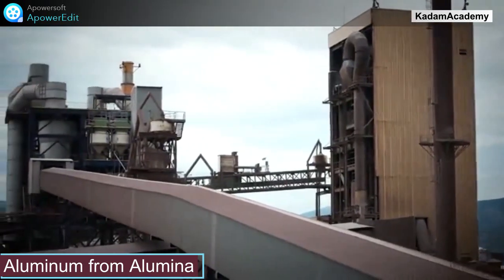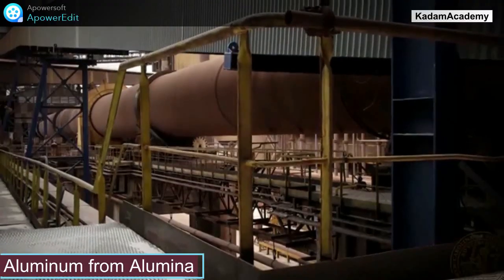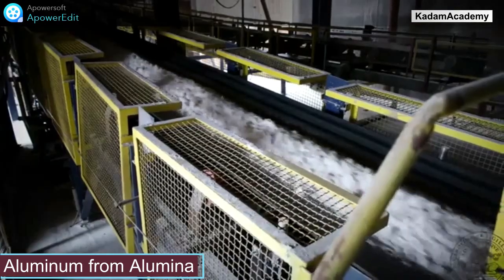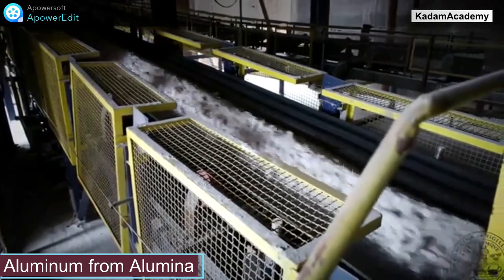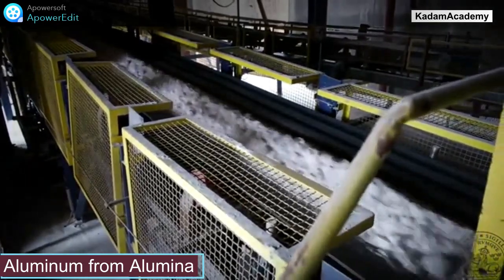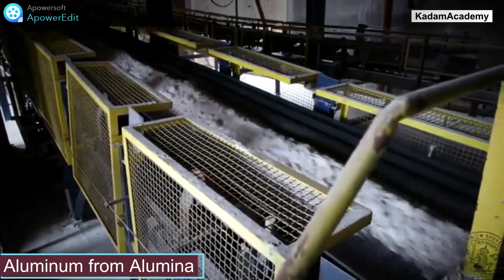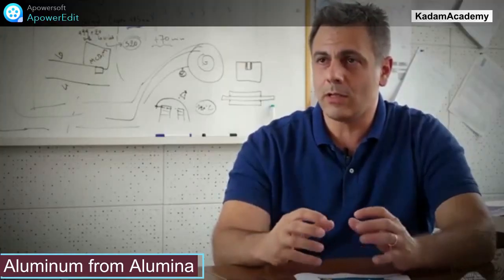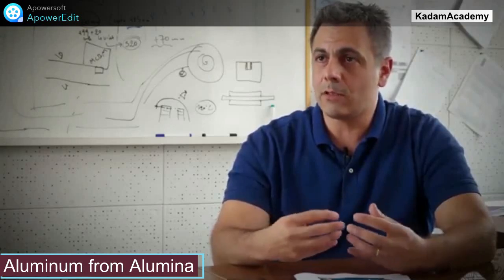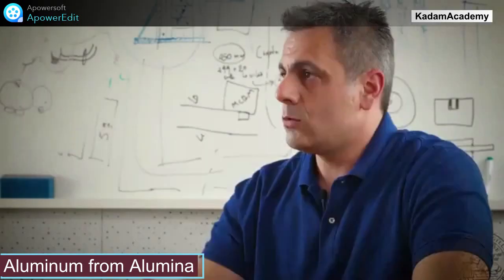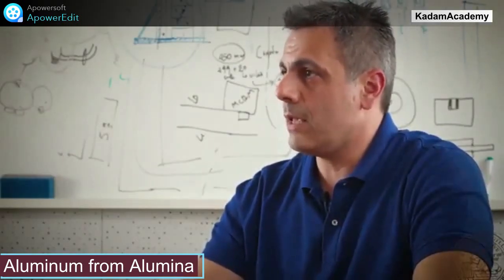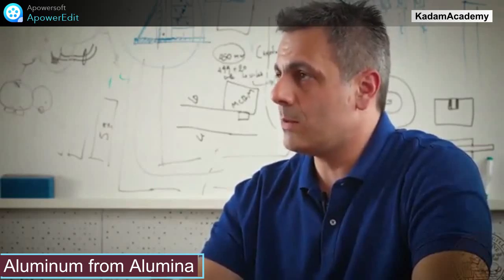In the precipitation unit, we cool down this liquid with some alumina inside, and the target is to crystallize alumina. But alumina is not so easy to crystallize, so we also need a lot of seed, where we put alumina inside in order to give some surface, and on this surface we build up our crystals. So there is a lot of recirculation of solids of alumina, of hydrated alumina, in the precipitation unit.